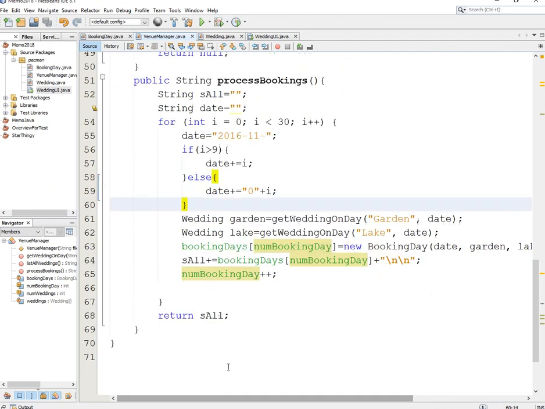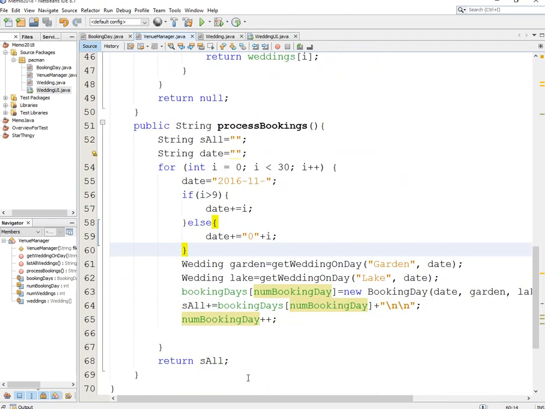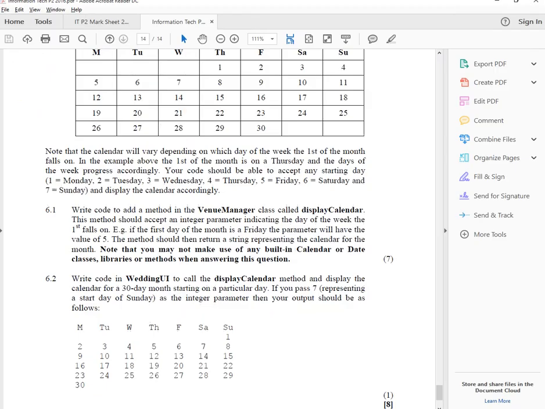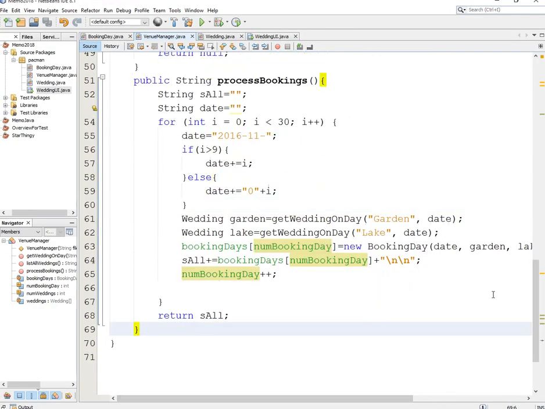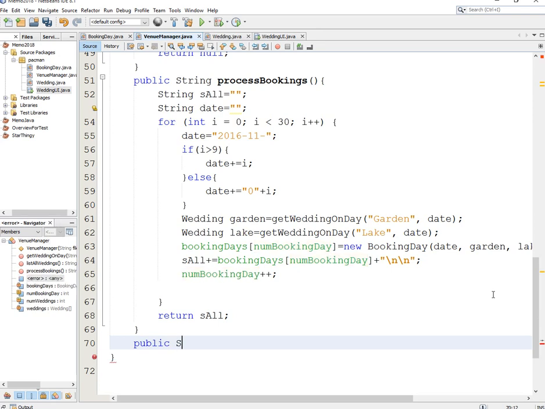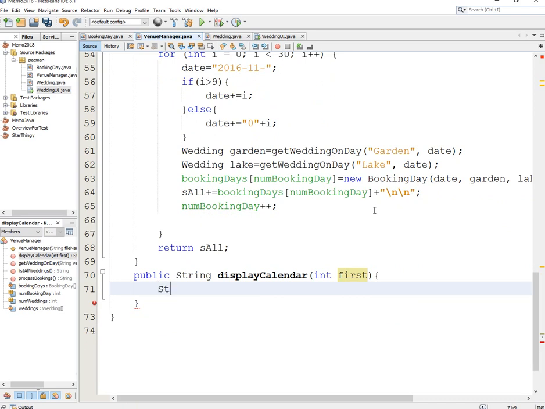Okay, so now I'm not going to do this on the command line because I'm not going to create a new GUI element for it, but that's what it's asking us to do. It says create a new method called displayCalendar. Okay, well, let's go: public String displayCalendar, and then int first. This will be the day that the first falls on. We can assume that it's 30 days. So String sCal is equal to blank, so I always create a blank one, and then I return sCal;